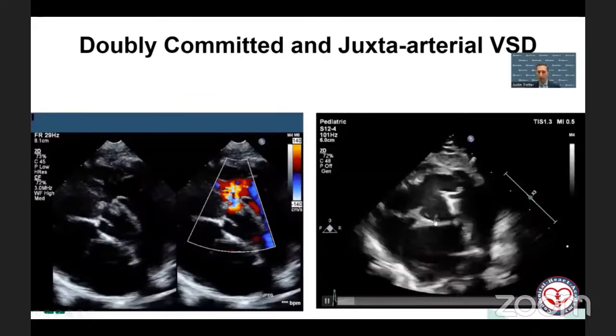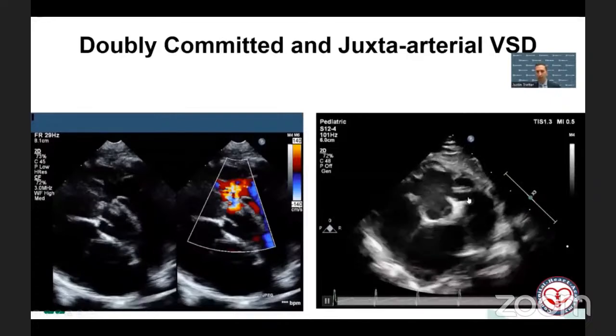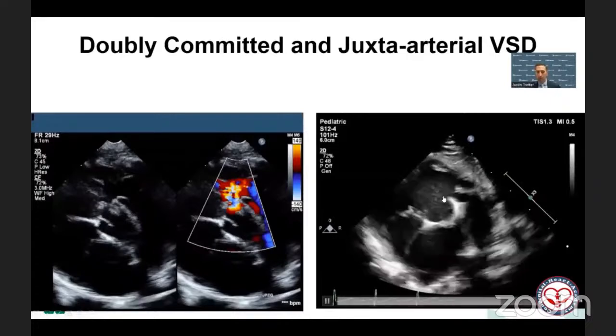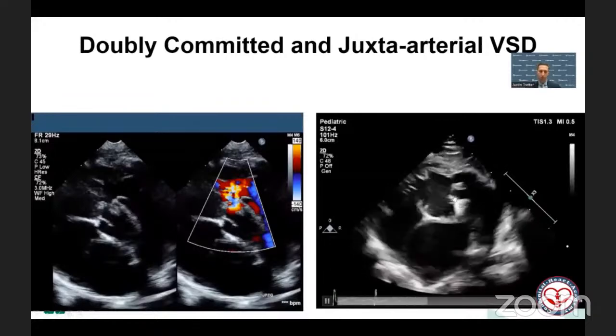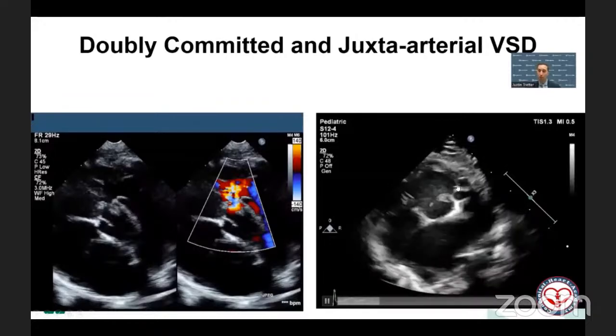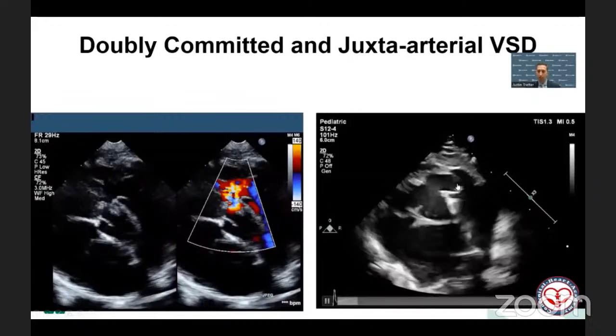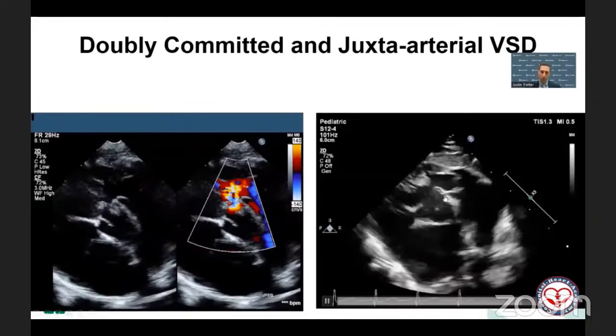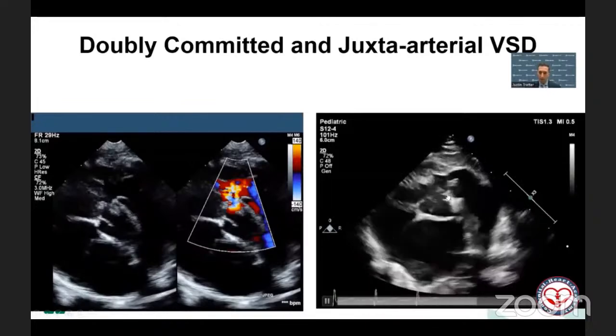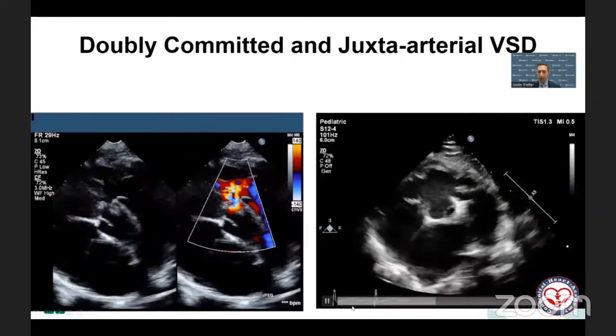And this is in contrast. If we look at this right-hand image, we have a very similar appearance with the anterior and superior margin of the defect extending right up to the pulmonary valve, which sits much more proximally than usual. Again, the subpulmonary infundibulum has not formed normally. And so there is that aortic to pulmonary valve fibrous continuity.